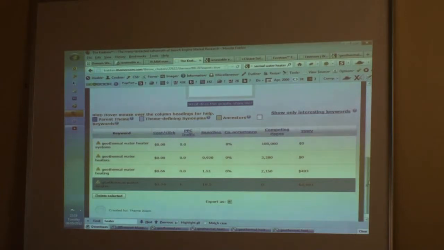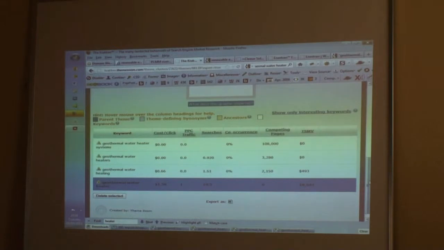So then it does the synonym drill and it brings us back this information. And fascinatingly enough, if one were to believe this data, the geothermal water heater systems has got more competing pages than any of the rest. Now, I personally think that geothermal water heater has more competing pages, and so when we pull this into Domain Web Studio, we still have the ability to update the competing pages manually, right? Yes. So we'll update that particular keyword manually so that we can see which one of those keywords we want to have as the primary term and which one we want to have